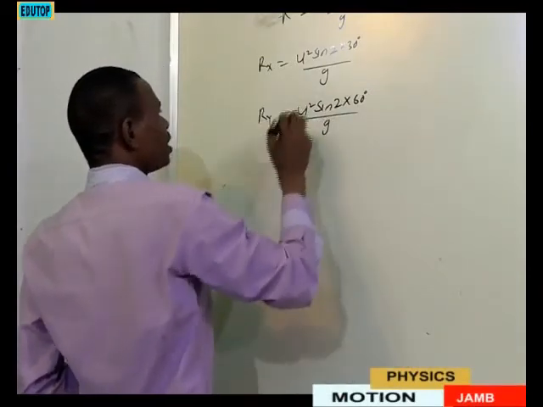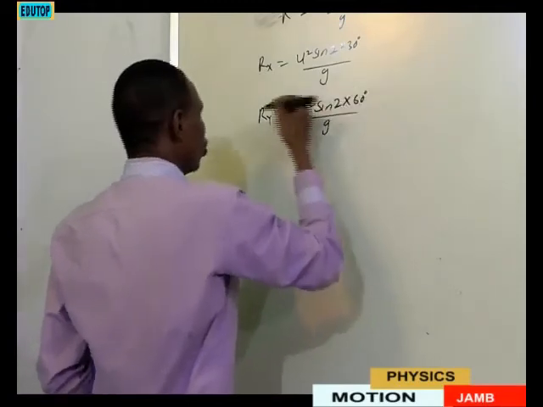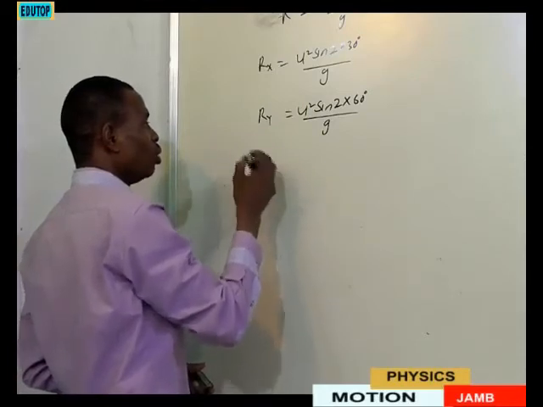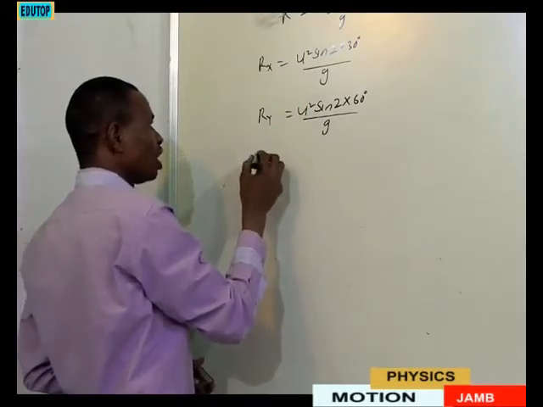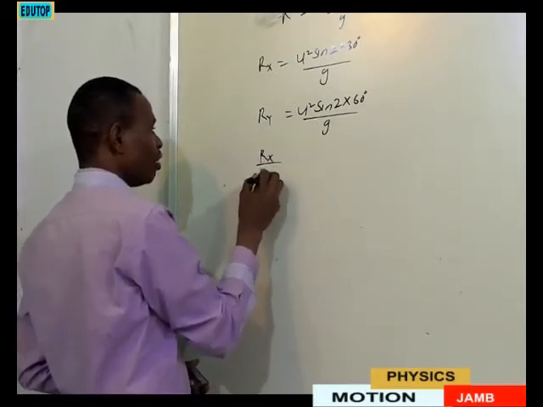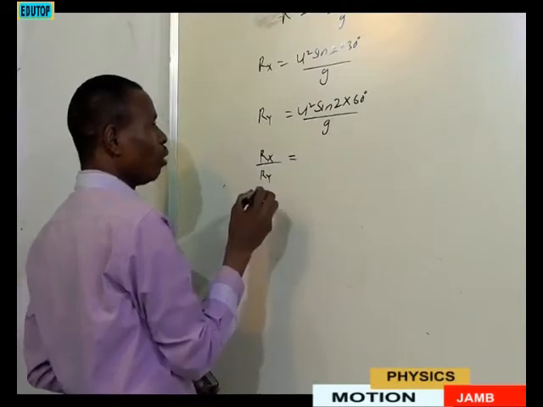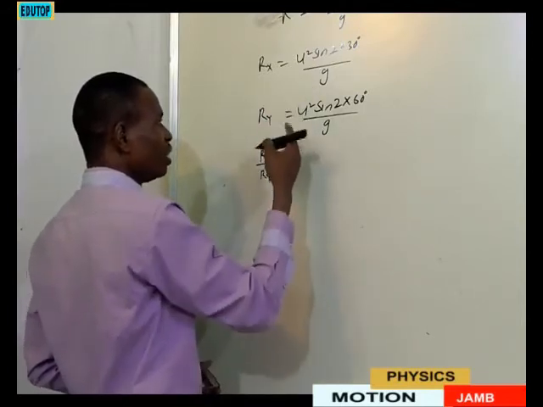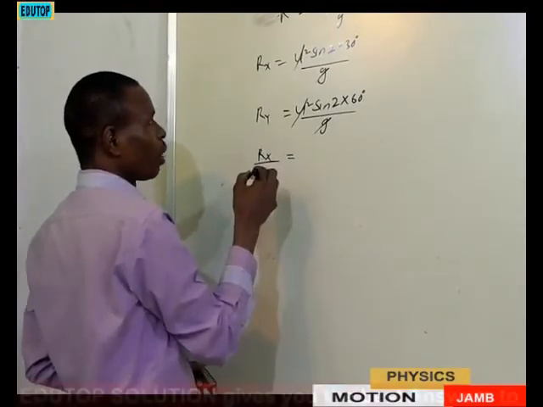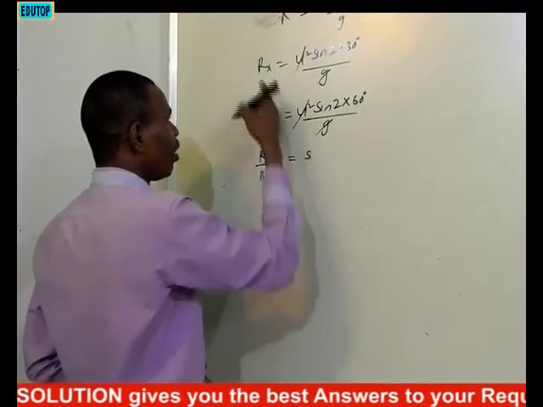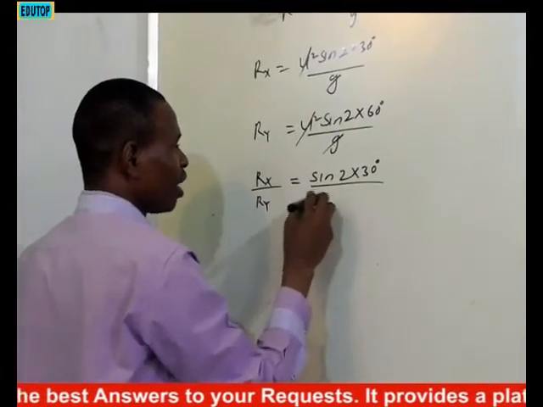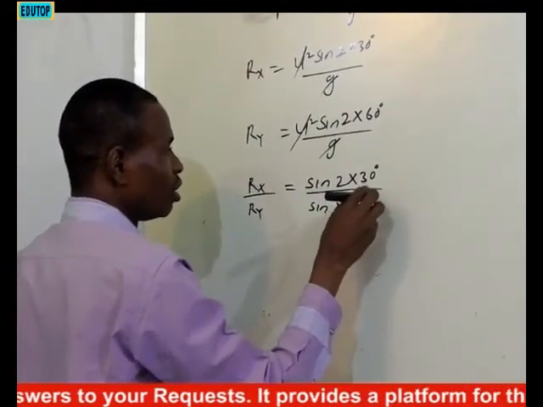Okay? In this case, we are now looking for the ratio of the ranges of both X and Y. And you know the ratio can be taken in terms of fraction. You can now say range of X over range of Y will be equal to, but in this case, we have u squared, we have u squared. It can cancel each other. What we are left with is, for X, sine 2 times 30 degrees over sine 2 times 60 degrees,